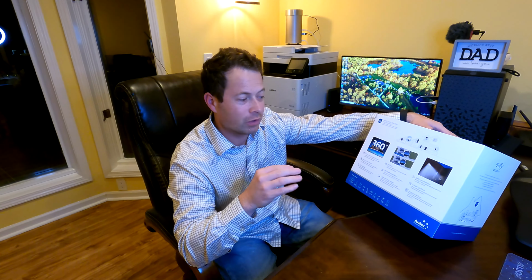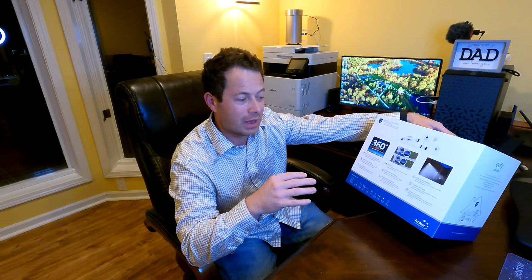For the lights, it's 3000 lumens of brightness. I think my Ring Floodlight ones are 2000 lumens, so this is certainly brighter than those. And like I said, those are tunable, so you can change their angle, the temperature, and the color of them as well. And then some other neat features about the Eufy compared to Ring is the AI detection and